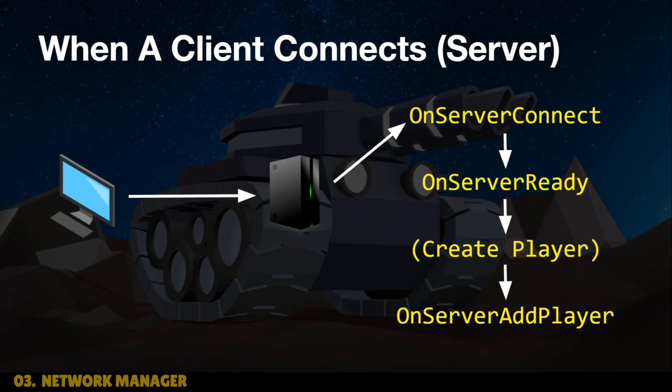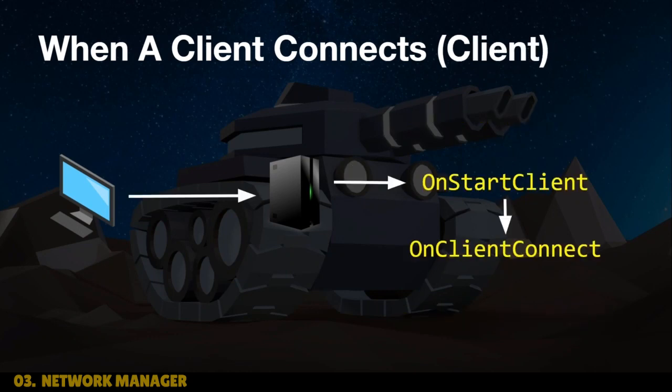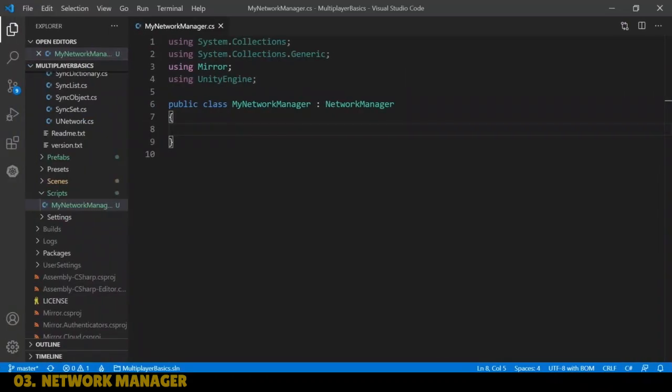All right, let's head back a little bit. So if we go back, you'll see here, when a client connects, the client will start client and then do a callback for on client connect. And that's where I'm going to show you how to actually write your own custom logic for when a client connects. If we head back into Visual Studio Code, remember in the network manager, there's some methods marked with virtual,